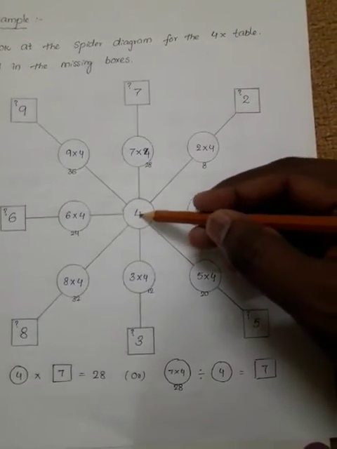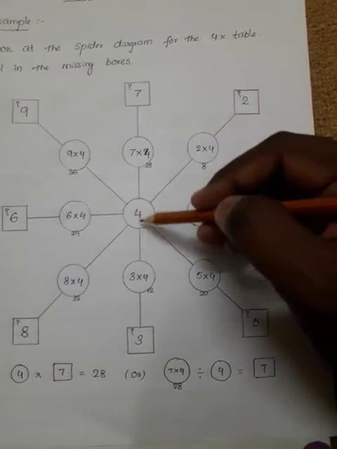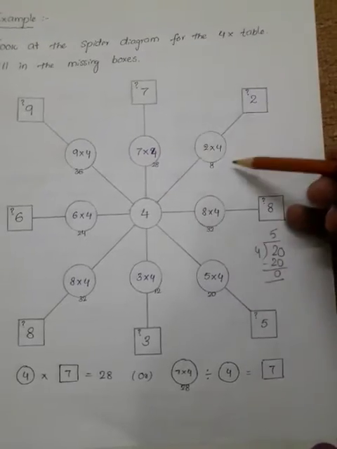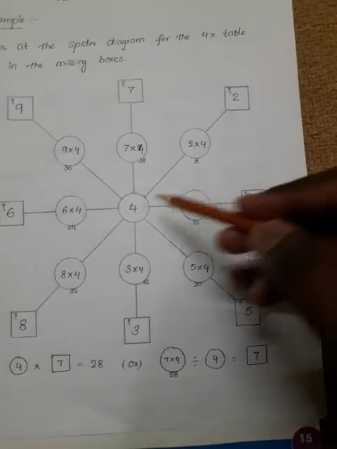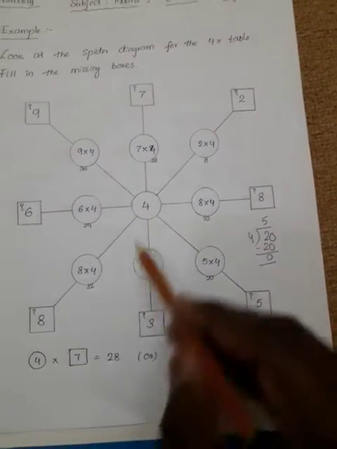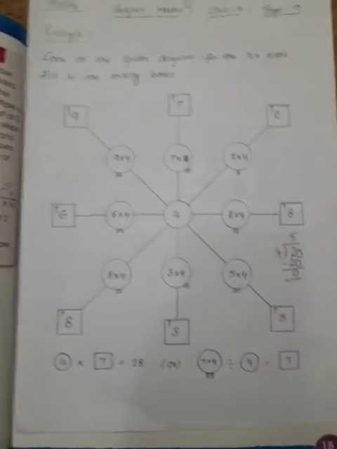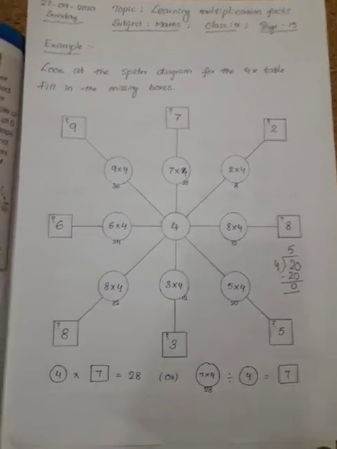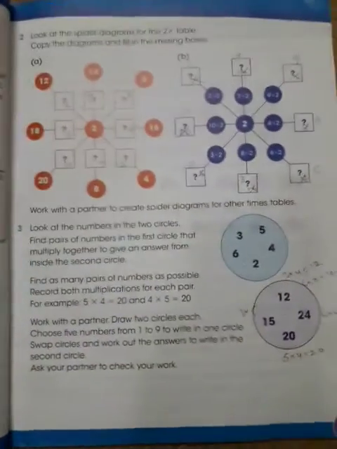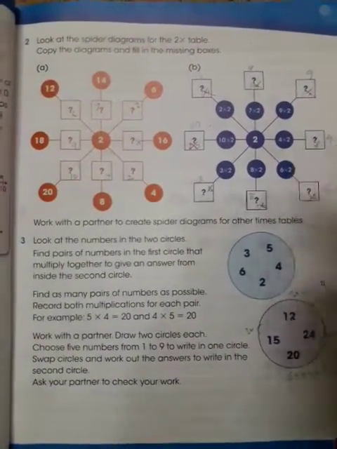One more method also there. Look at here, like here is the 4, here is the 4. If you cut 4 and 4, what remaining? 7 only. Here also same. 4 and 4 cut, and only remaining 2. 4 and 4 cancel, then remaining only 8. 4 and 4 cancel, only remaining 5. And 4 and 4 cancel, remaining 3. Like this way also you can do it. So you can use the 3 methods in this question. Okay. Now, this is your homework. Similarly you have to do it as homework.